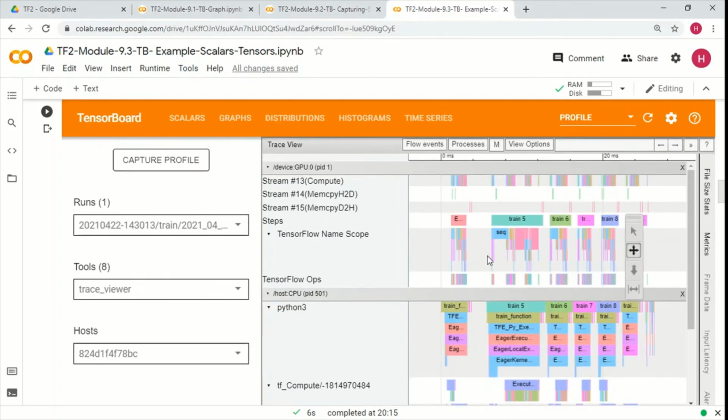We are not going into the details of how this whole thing works. There's a separate video that I'm going to do for this. For now, I just wanted to show that Profiler is one of the plugins onto the TensorBoard, and capturing the performance details is very easy with Keras.